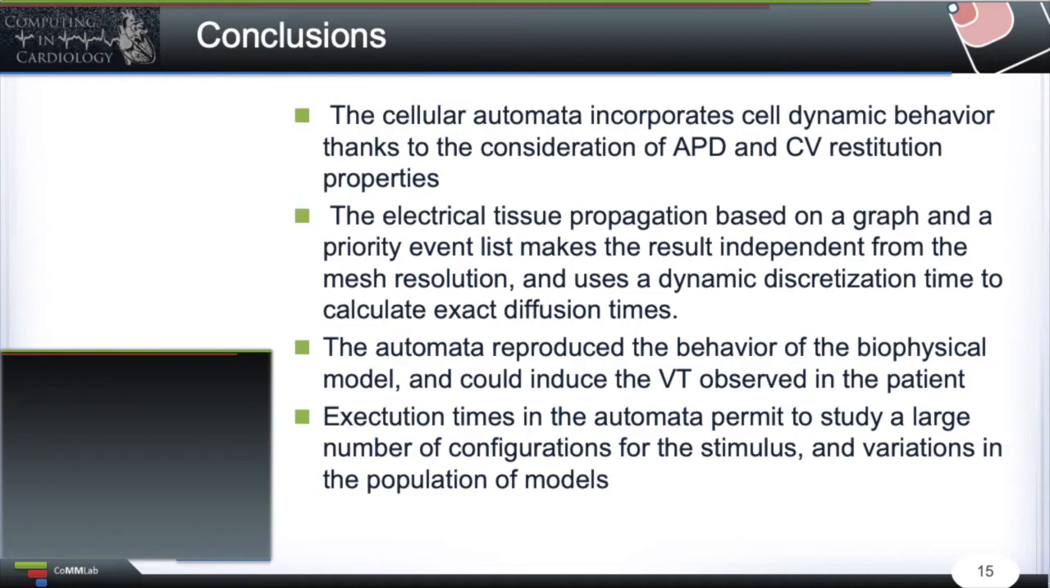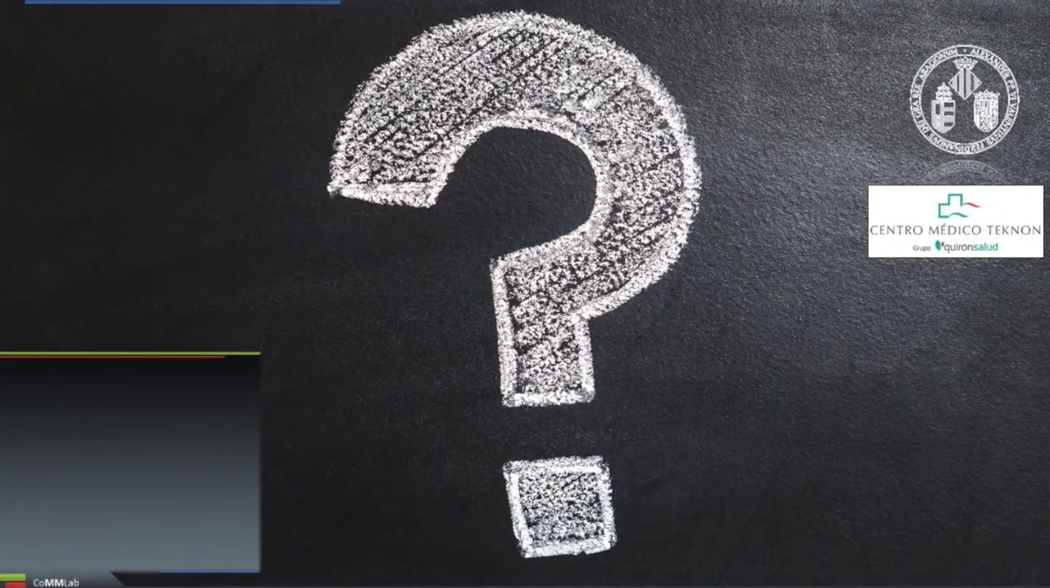So it allows us to perform many more simulations, try more scenarios, and perform population studies in which the cellular properties can be slightly modified to get more results. So thank you, and I will be delighted to